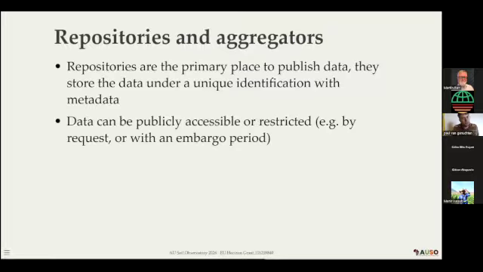In those repositories, this depends a bit on which repository, but most repositories allow you to publish the data set either under an embargo, saying, hey, this data will be released in 10 months' time when all publications are done, or fully behind a password that you need to confirm if any person can access that data.